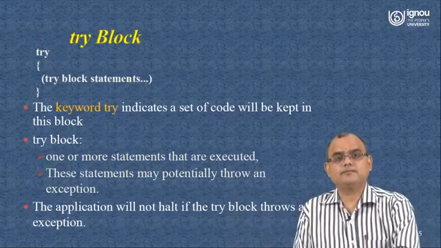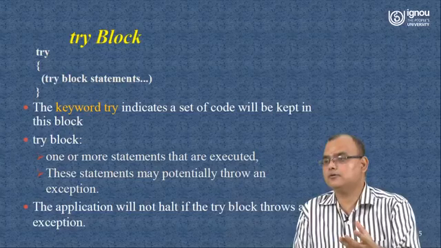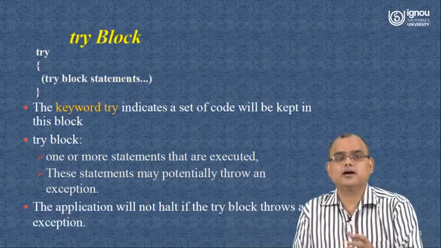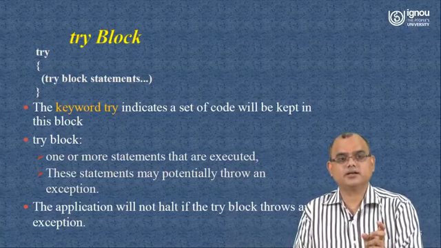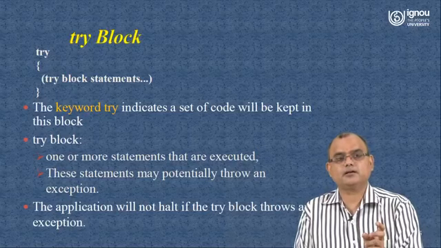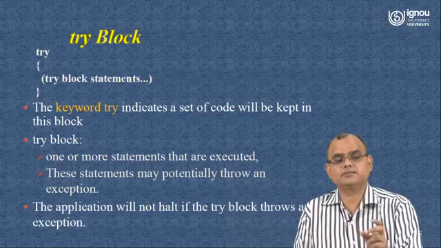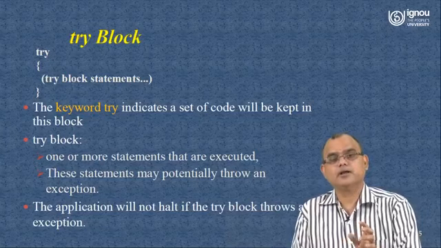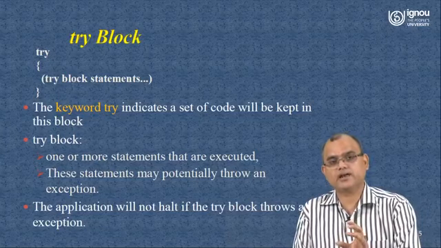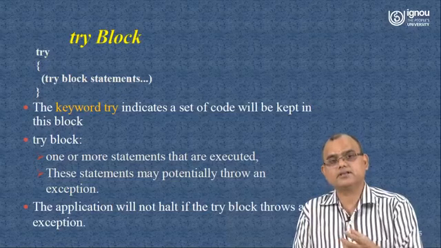Now let me see how we can do exception handling, or what is basically the exception handler mechanism in Java. So here you can see one try block, with the keyword try, and inside those curly braces, whatever is written, all that code is under observation for some kind of exception to occur. It means whatever we are putting inside the try block, it is expected that the code